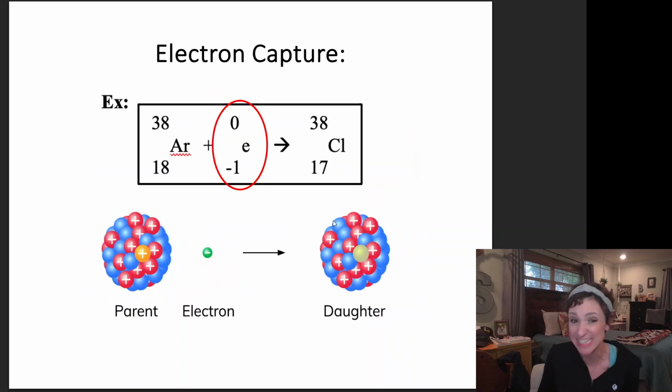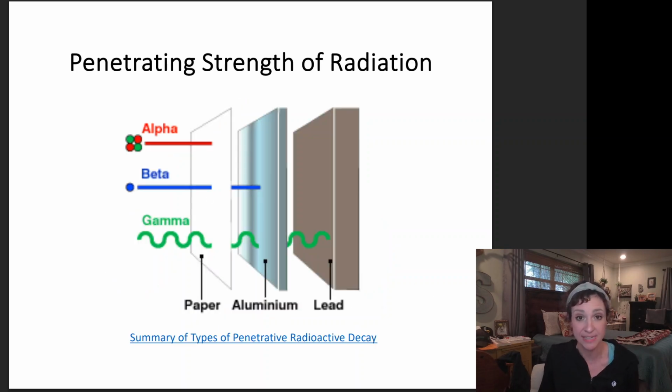The only difference is that I've got electron capture as a reactant here. He is pulling the electron in to turn into something else. So argon-38 turns into chlorine-38 by the process of capturing that electron. Amazing. Now, like I mentioned, my main three that have any penetrating strength are my alpha particle, my beta particle,